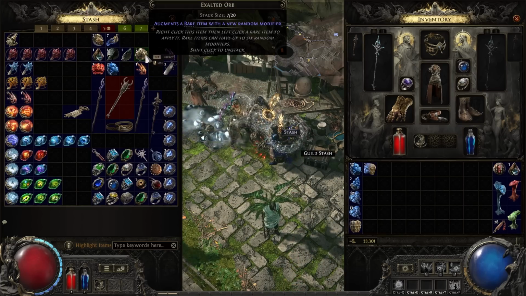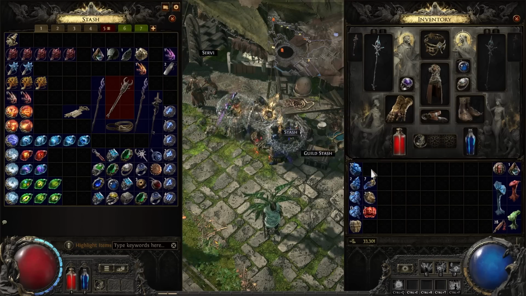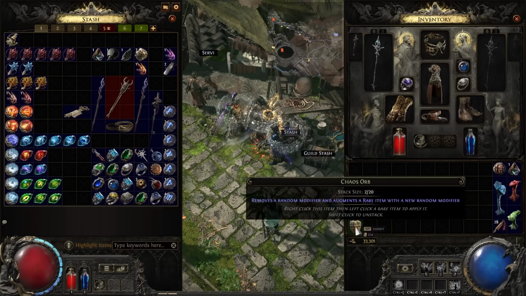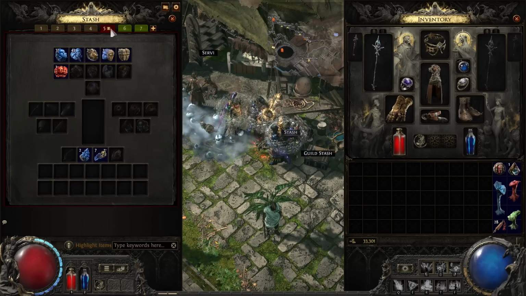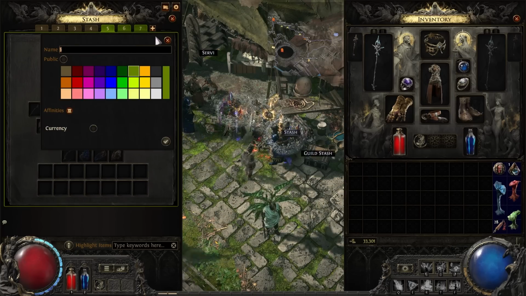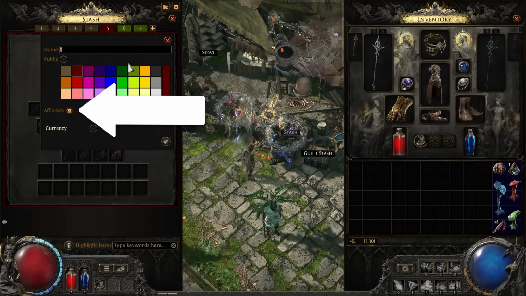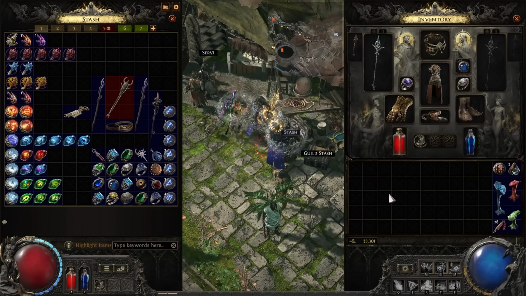If I open up my inventory and hit Control and left click on any orb or shard, bam, it automatically gets sent right to my orb and shard tab in the stash, going exactly where it needs to go. You can technically do this on any regular tab by right-clicking the tab and assigning it an affinity. Then by doing the Control left-click trick, you can send it automatically to any tab based on what kind of